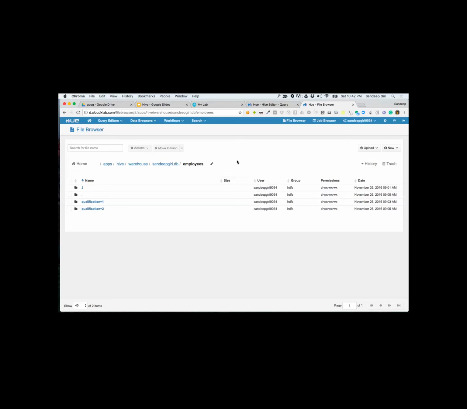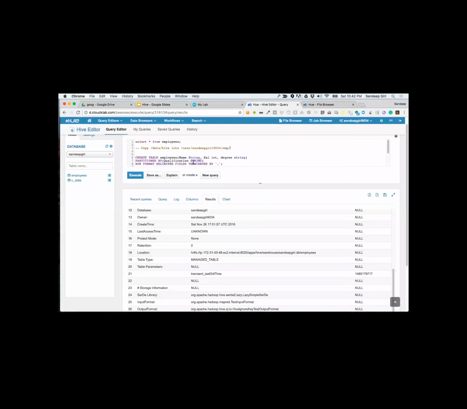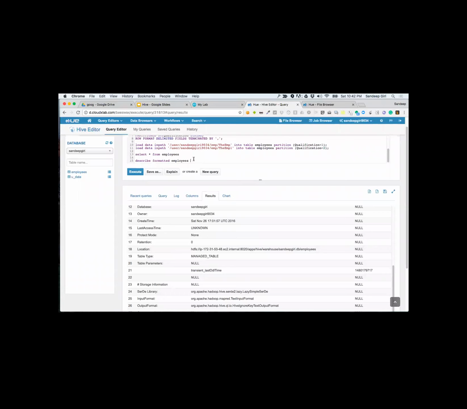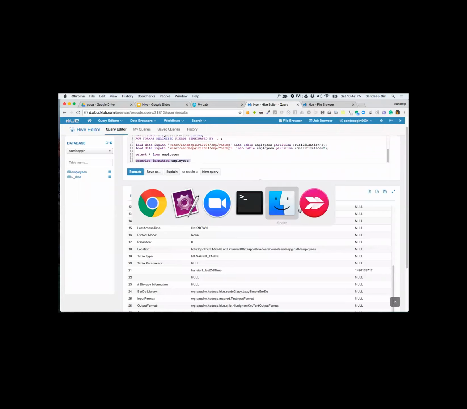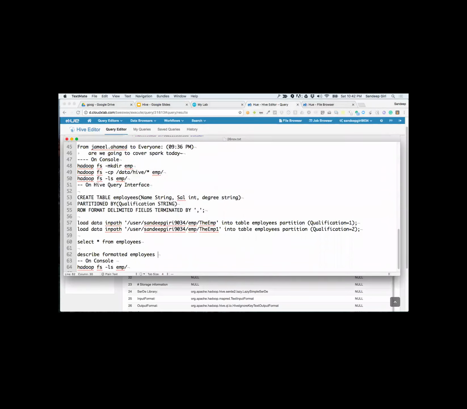So great. This table is by default created there if you don't specify the location. To find out the location of the file, you can say describe formatted employees. Okay, describe formatted employees.